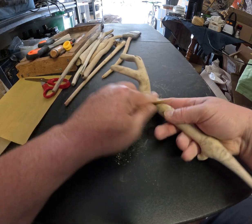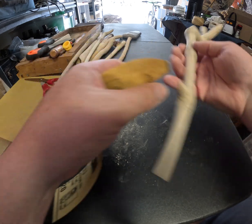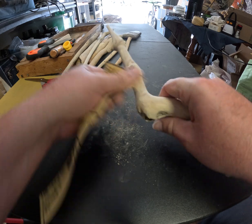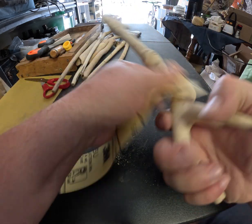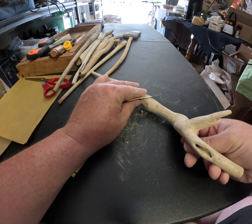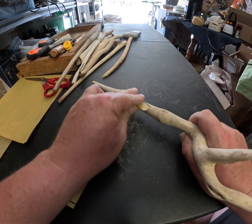So now let's go ahead and sand the rest of this. This wand just has so much personality. It's kind of cool. I know people are probably laughing at that, but you know, I look at most wands that I could buy. You could buy some really cheap wands off like